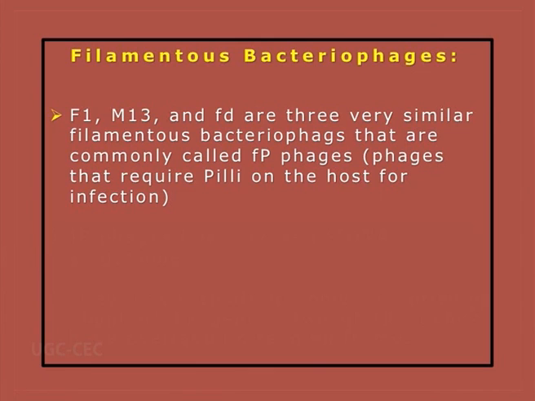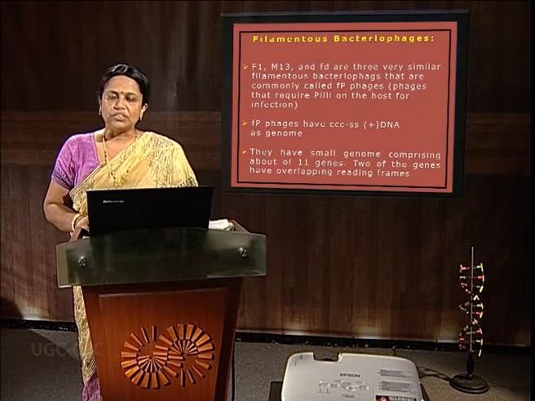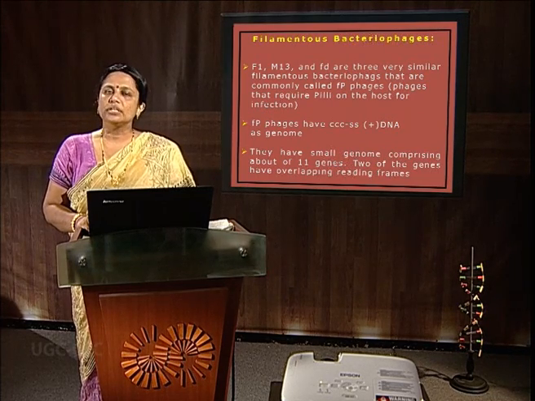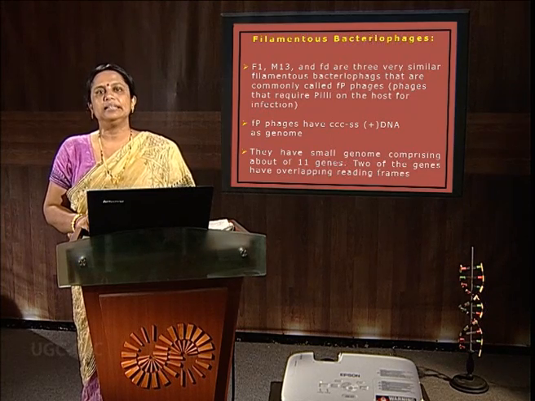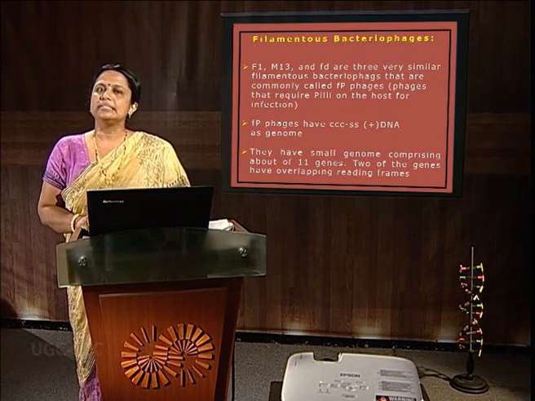In this regard, the filamentous bacteriophages have played a vital role. Filamentous phages, namely F1, M13 and fd, are all called F-pilus phages because they infect only those cells that bear F-pili. And what is so good about them? They have the capability to exist in the double-stranded state as well as in the single-stranded state. So, whatever modifications we want to make in the DNA, we can do by isolating the double-stranded DNA. Once the modification is done, they are packaged inside the filamentous phages and introduced inside suitable hosts, wherein